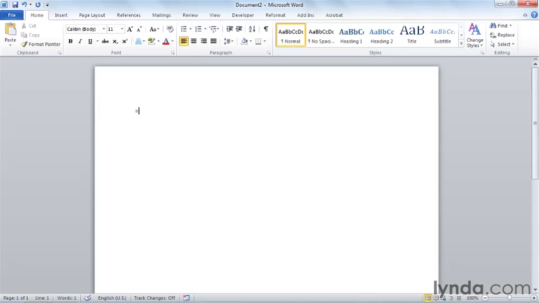Type equals and then RAND, R-A-N-D, for random. This is going to look a lot like an Excel formula. Open the parentheses, put the number of paragraphs of text you want, a comma, and the number of sentences, not lines, but sentences, in each paragraph. Close the parentheses, and when I press Enter in a moment, Word will go to the Microsoft Word help file